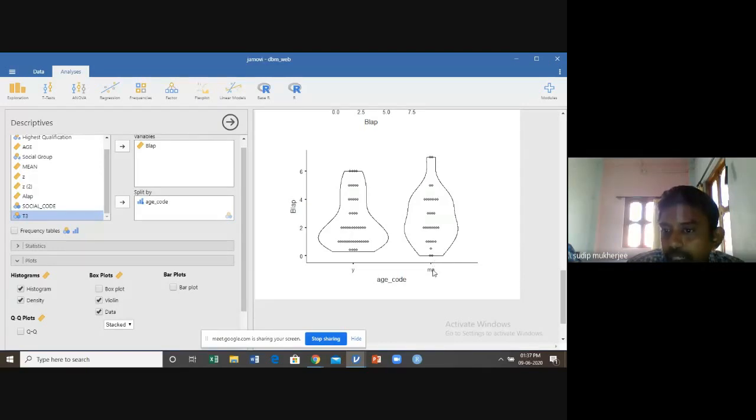This is the young age group and this is the middle age group. See the difference. The maximum time spent for the young age group is 6 hours, whereas in the middle age group they are using computers for more time. There are 2 observations there.